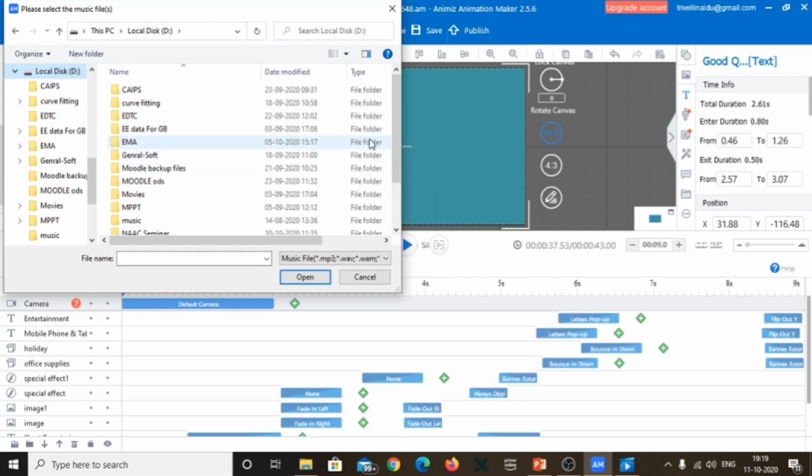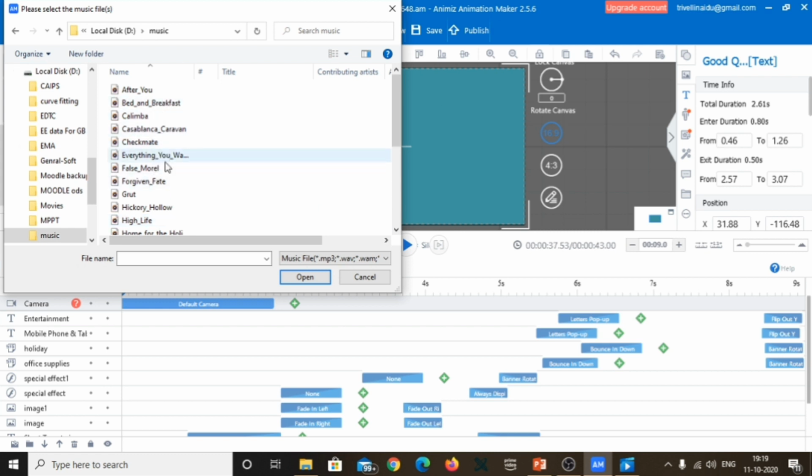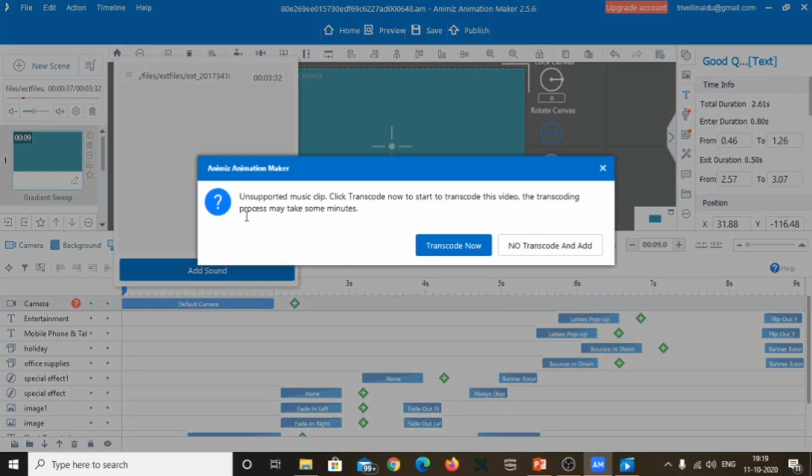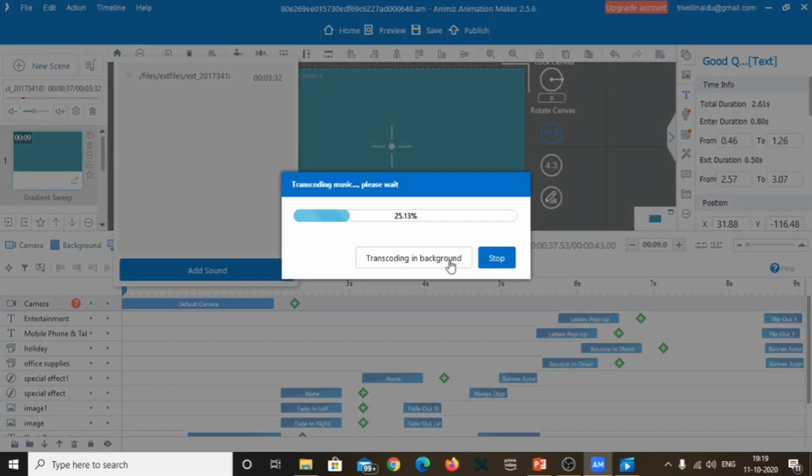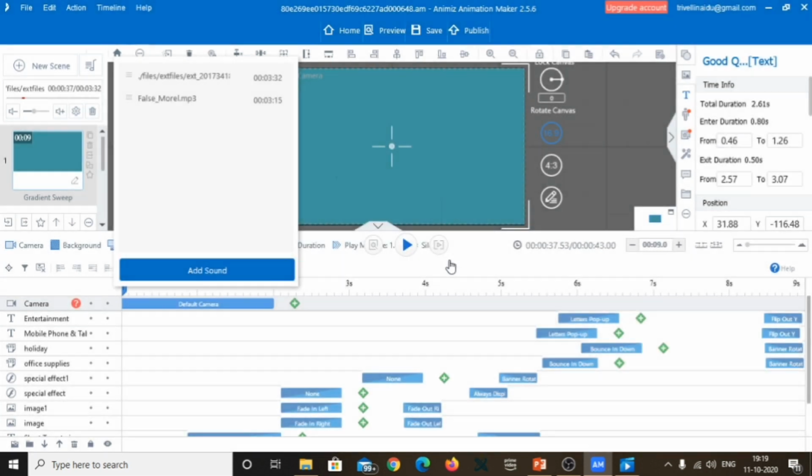So I can go for music. This is the music file I'm having. So I can have any of the music. For example, I'm taking this up. I want to add this sound. Transcode now. Now this music will be transcoding in the background. So this is how you can add up the music, but you have to be really careful while you are adding the music, because there could be